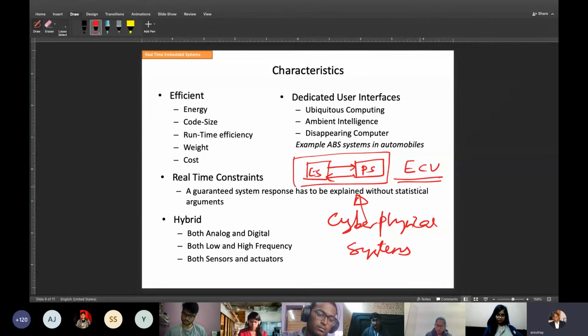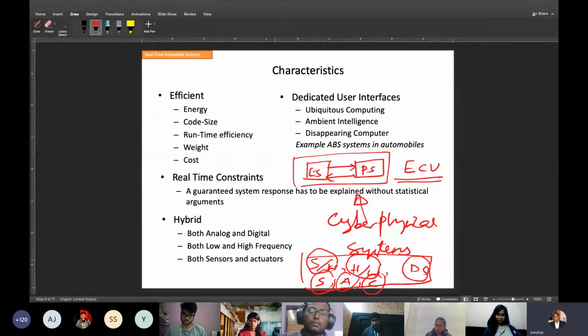So there are lots of issues when you control. The embedded system has software and hardware, and the cyber physical system has the dynamic system, DS, plus sensors, actuators, and communication. This whole thing together makes the cyber physical system. And it is very complex because there could be problems with software, with hardware, then the dynamic system, then sensors, actuators, communication. If anything fails, the whole system fails. Therefore, the design of such systems is extremely important. It takes lots of time to design them.